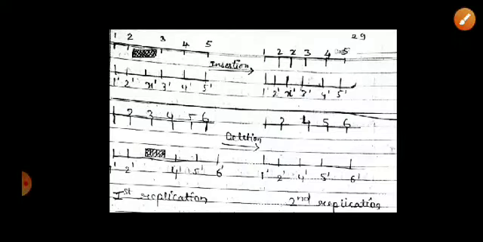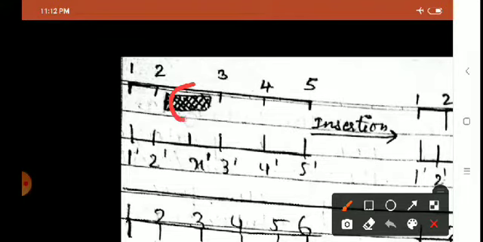Okay, and what happens actually? Now look at the first diagram. Here you can see this molecule. This is an intercalating agent. It is an acridine dye like proflavin. So if an intercalating agent like an acridine dye gets integrated between two nitrogenous bases, say number 2 and number 3, this dye has got intercalated between the second and third base in the template strand. Because it is there in the template strand during the first replication,